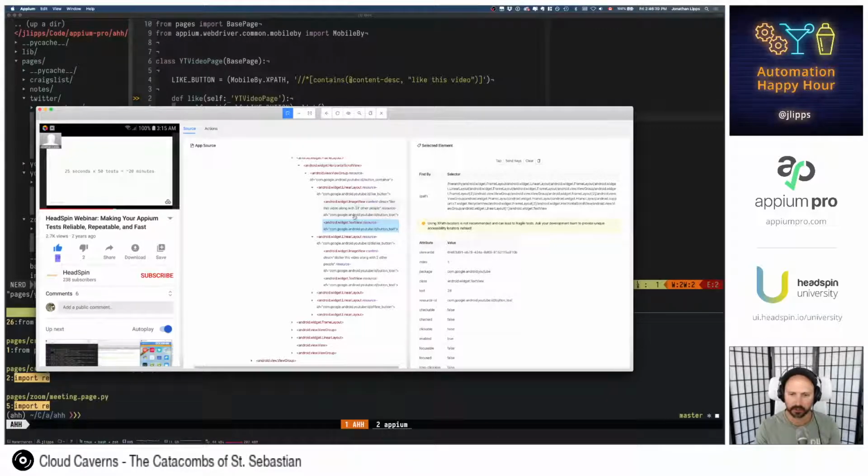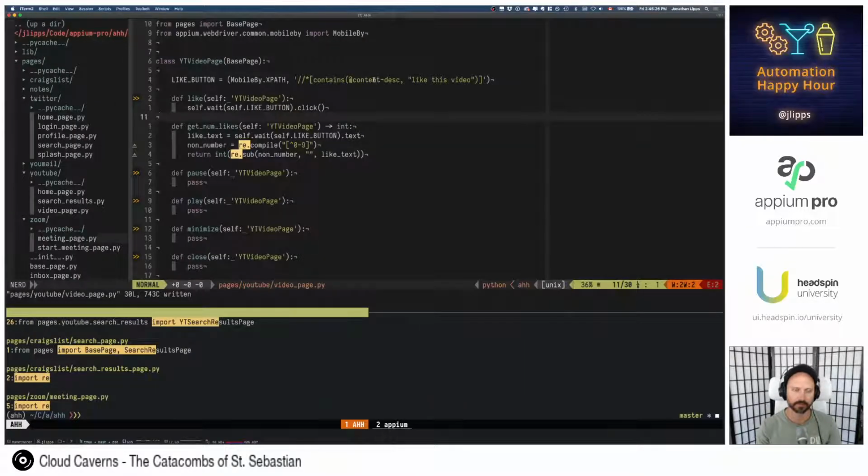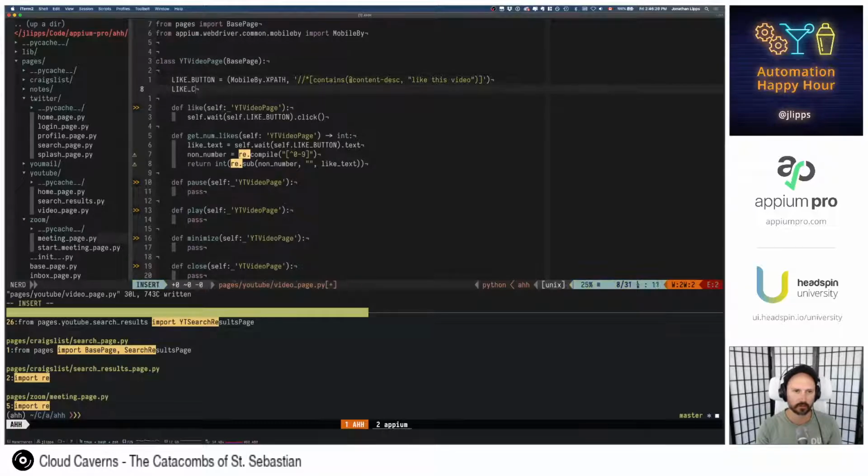So we should probably use a sibling XPath. Okay. So this is going to be another complicated XPath here. And we did something like this recently.